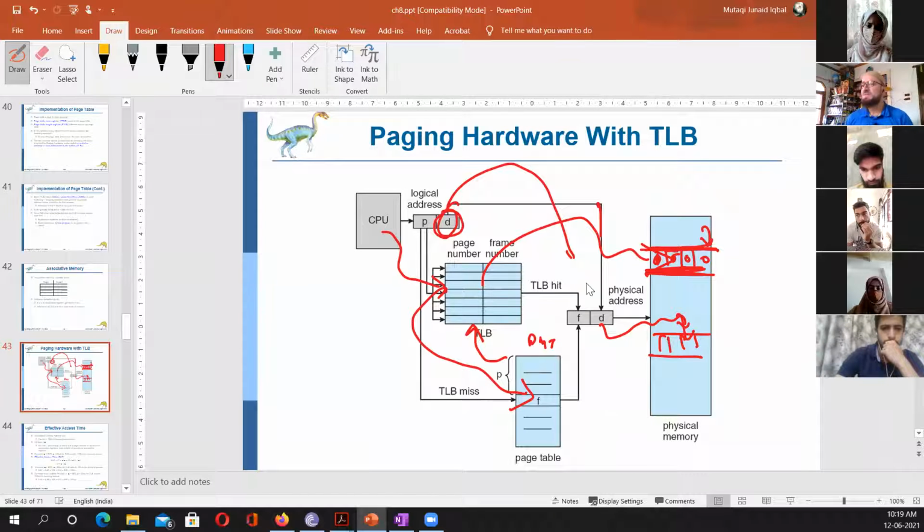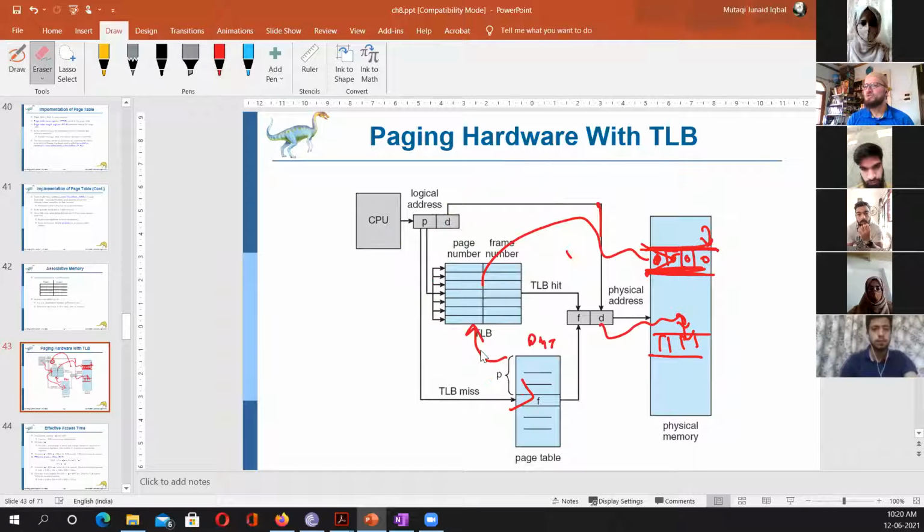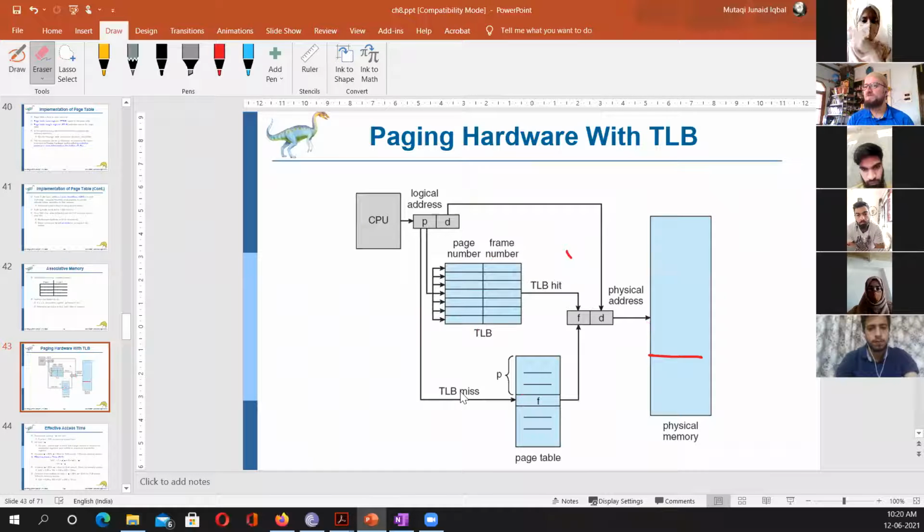Right now, I am saying that the page map table gives the address of the frame, and it has to be in a TLB. If it is not found in the TLB, then the CPU has to fetch the, one second, I'll clear the clutter first. Then the CPU has to fetch the actual. If it's a TLB miss, as you could see here, that is, it is not in the TLB what you're asking for, then see the page map table in the RAM, access that frame, and add this thing.